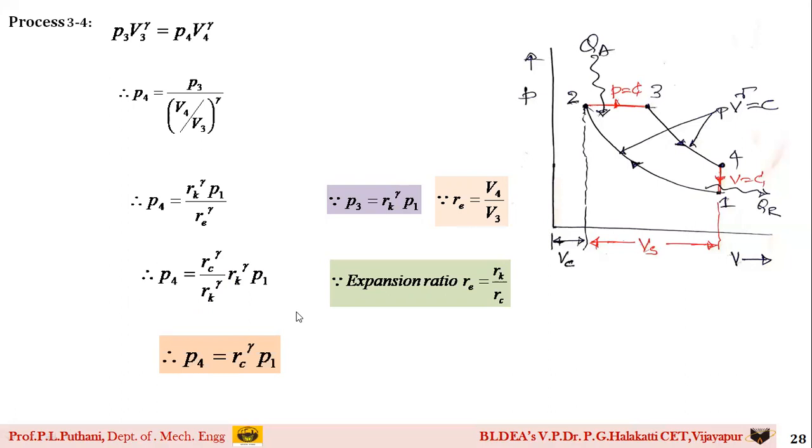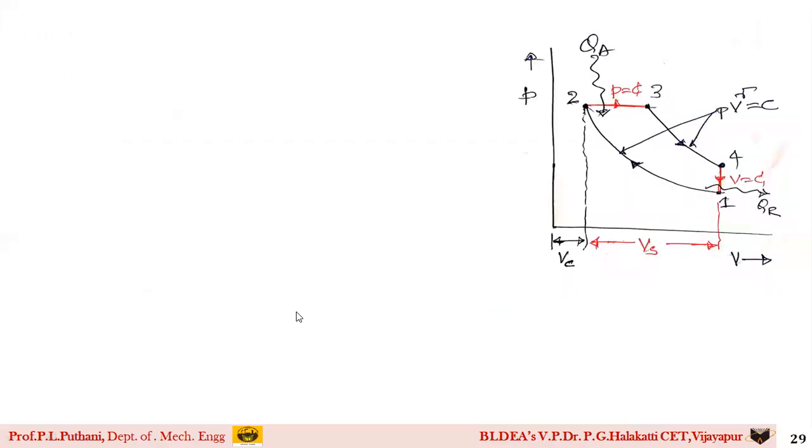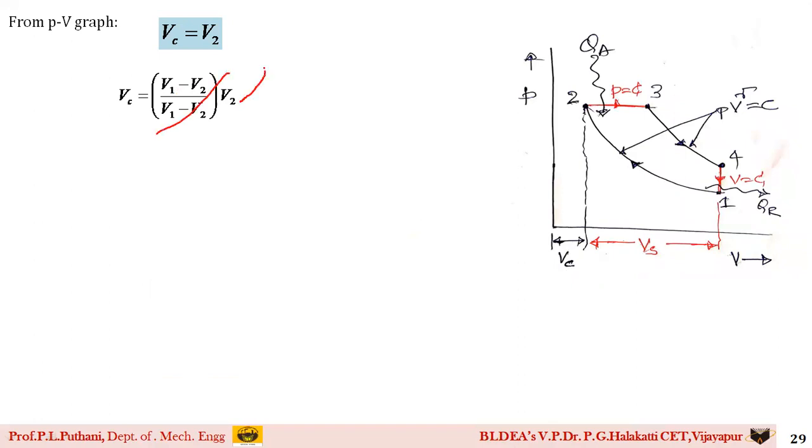Similarly, now we need to find out V2, V3, V4 in terms of swept volume, that is Vs. So now we shall go for the volume terms. From the PV graph, if you observe carefully, I have already said the clearance volume Vc is equal to V2. We have discussed that its value is equal to 1. So now Vc is equal to V2. I have made a small manipulation here. I have multiplied and divided this equation by V1 minus V2. If this gets cancelled, what are you remaining with? You get the same equation, Vc is equal to V2. Why have I done this? Please remember this step here.